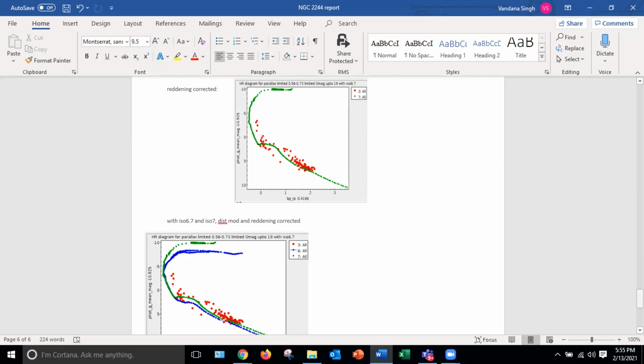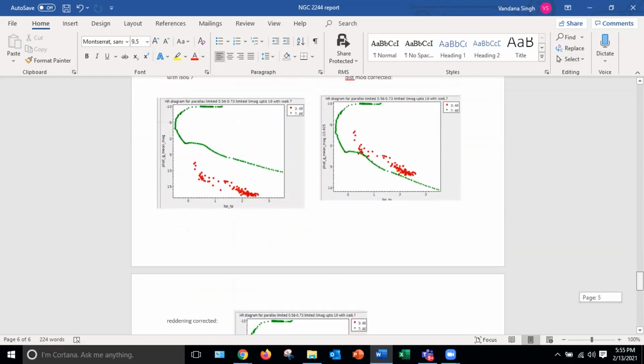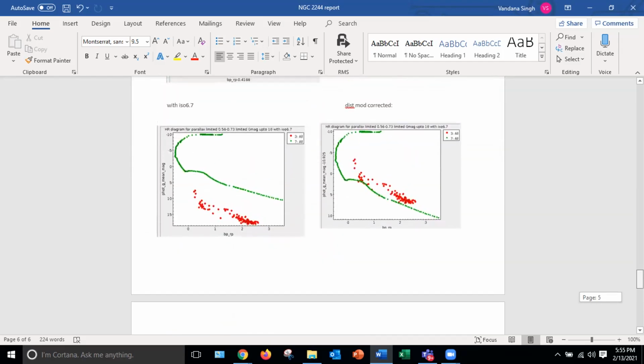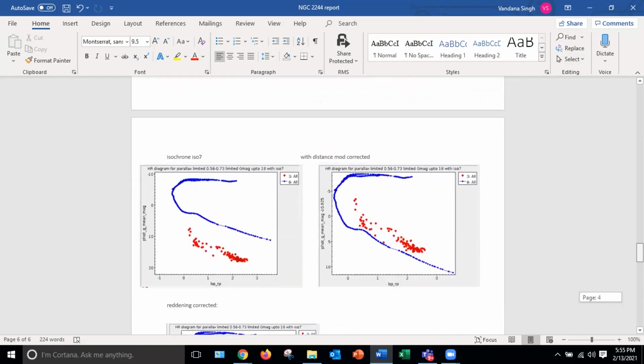So what I would suggest is, first, try fitting your isochrone a little better. They are not sitting very nicely. If you just Google any isochrone fits of clusters, you'll see how the isochrone should look with the stars. So you adjust that. And like I'm saying, if there are stars which don't sit on the isochrone, that's absolutely fine. They can be variables of some kind, etc. So that's possible. Okay. Your job is almost done, Vandana. You can present. You have no problem.